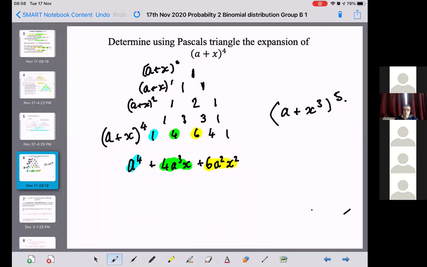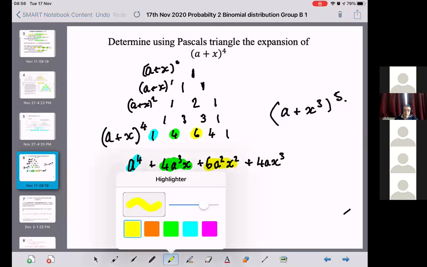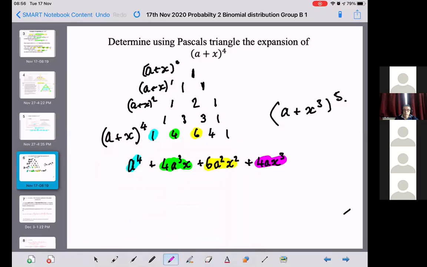And the next one? 4a x cubed. Yeah, we took 1 off the index of a, add 1 to the index of x. And that one comes from that 4 there. And then lastly, we have